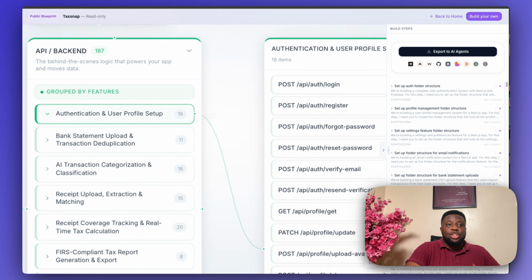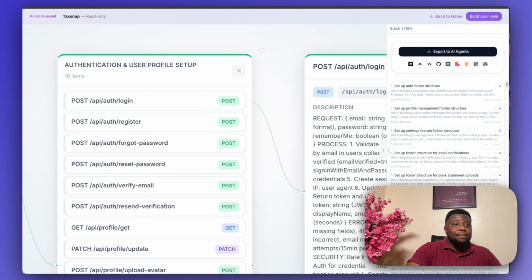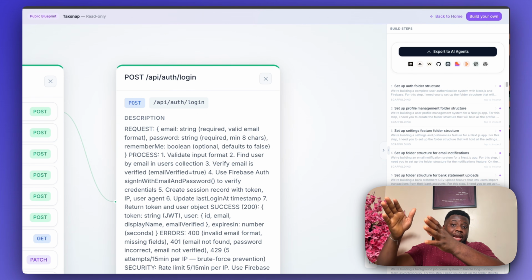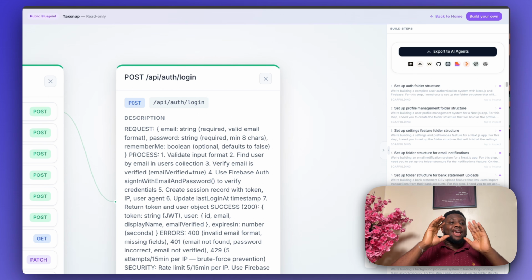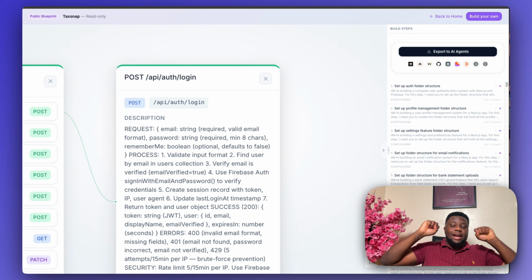For example, authentication or user calls, if someone is going to log into your app. This is an API call, so we're basically going to write some code. The AI writes some code and hosts it on the cloud, right? That means that every single time we want to access something, the AI would call that particular API call and then make some kind of functionality happen in your app.